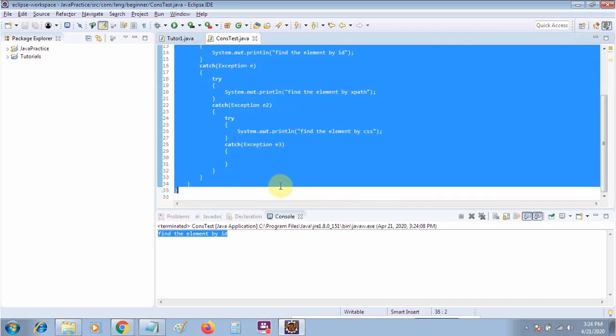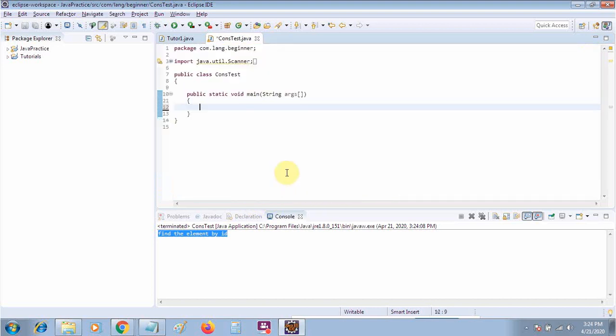Give me one minute so that I can tell you that in my previous class I discussed the scanner class. Let's take one more example of the scanner class. Suppose there is a scanner class, and we use the scanner class to take the input from the user. Suppose this is a scenario like this one.